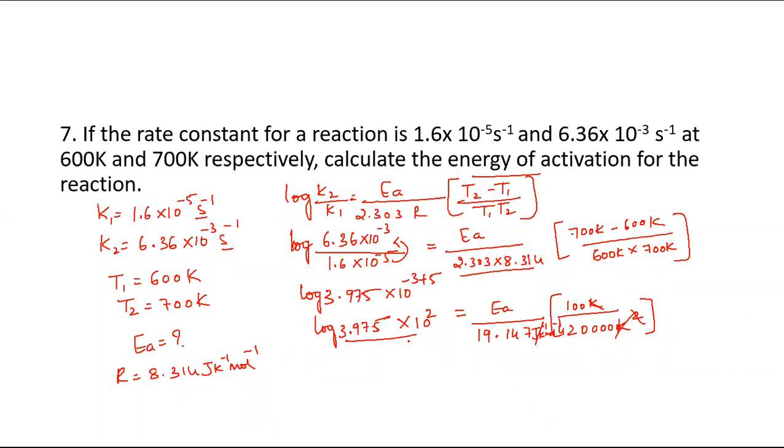Now again apply log A plus log B, then what do you get? Log 3.975 plus 2 into log 10. See, previously I showed you where exactly you have to apply the formula. So directly I had written it like this. So log 3.975 plus 2 into 1, because log 10 value is 1, okay, is equal to EA divided by